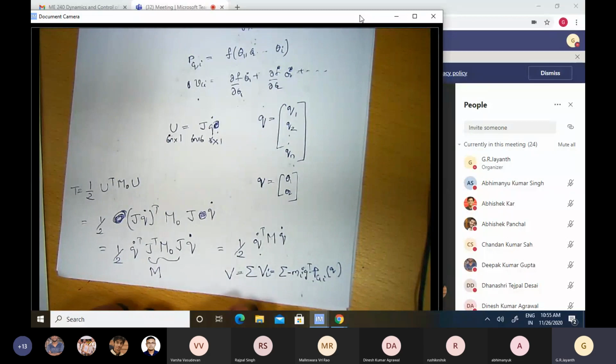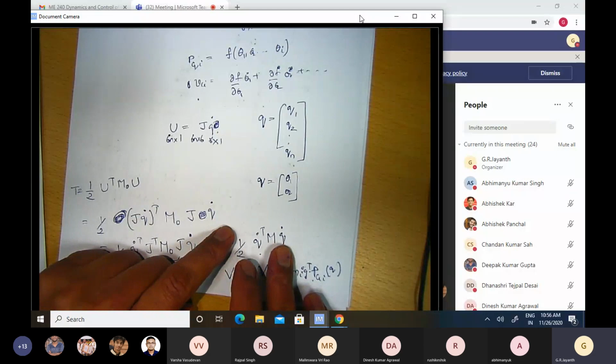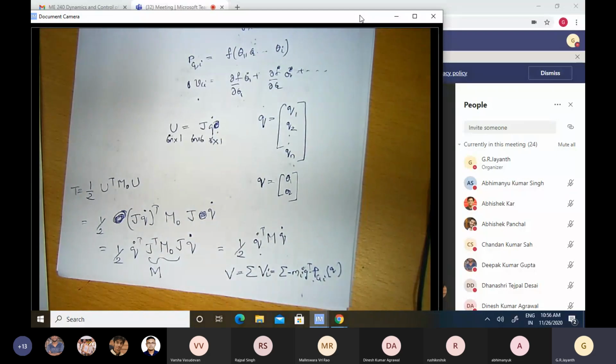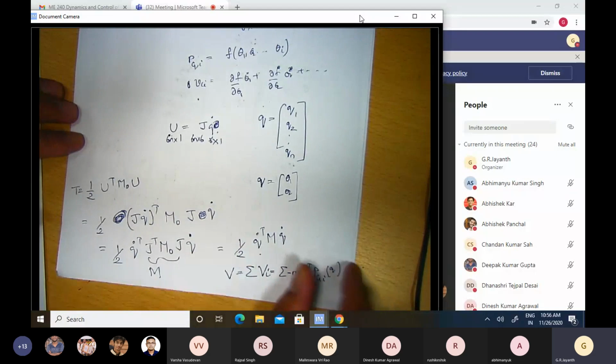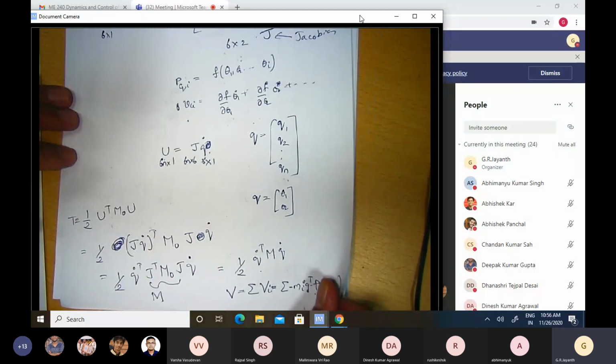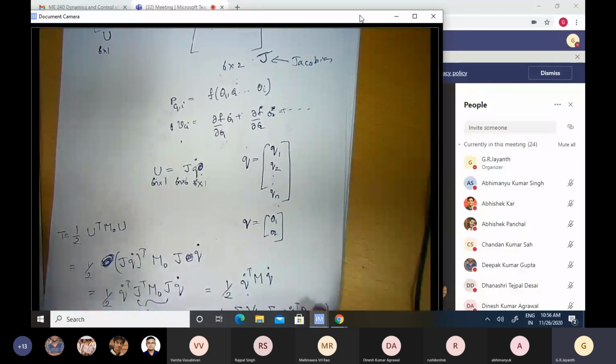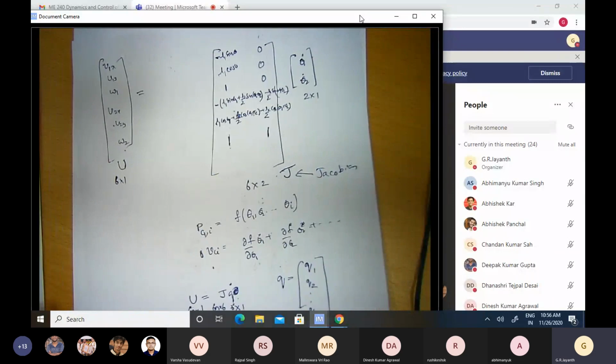Okay, so I have the potential energy and the kinetic energy as functions of the generalized coordinates. With that, I'm ready to send my Lagrangian through the machinery of Euler-Lagrange equations and obtain the dynamics of our multi-body system. And again, I shall skip the algebra associated with that. That's not very important. What is important is the final result.